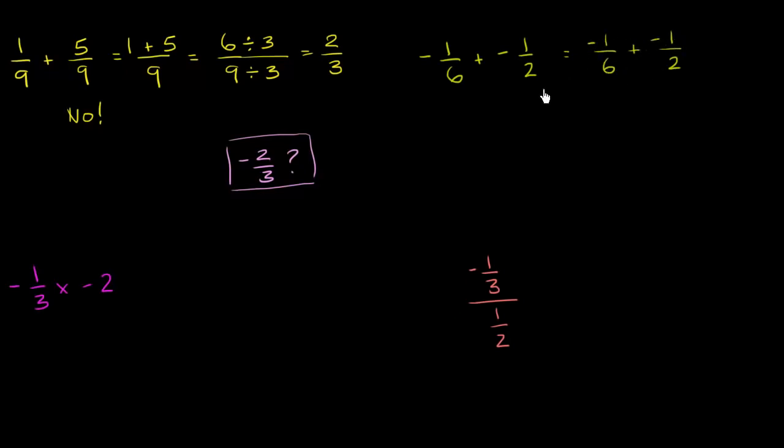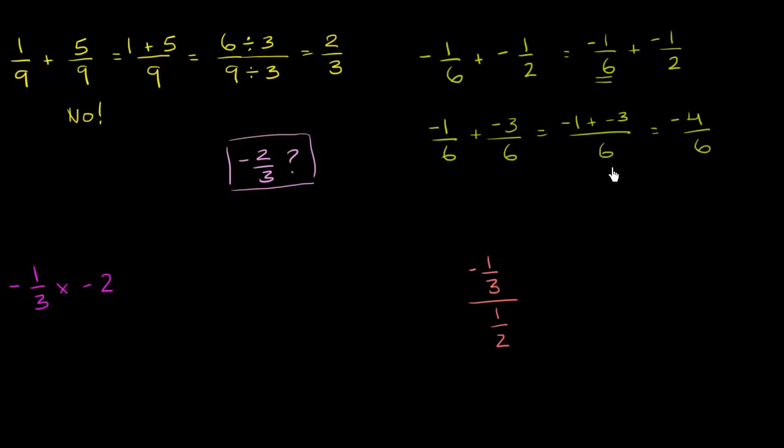And the whole reason why I did this is so we can see that the negatives are right now only in our numerator. So whenever we add two fractions, we want to have the same denominator. And we see that 6 is already a multiple of 2, so we could leave this first fraction the way it is. We can rewrite it as negative 1/6. And then the second fraction, we can write it as something over 6. Well, to go from 2 to 6, we have to multiply by 3. So let's also multiply the numerator by 3. Negative 1 times 3 is negative 3. So if I have negative 1/6 and I add to that negative 3/6, this is going to be negative 1 plus negative 3/6,